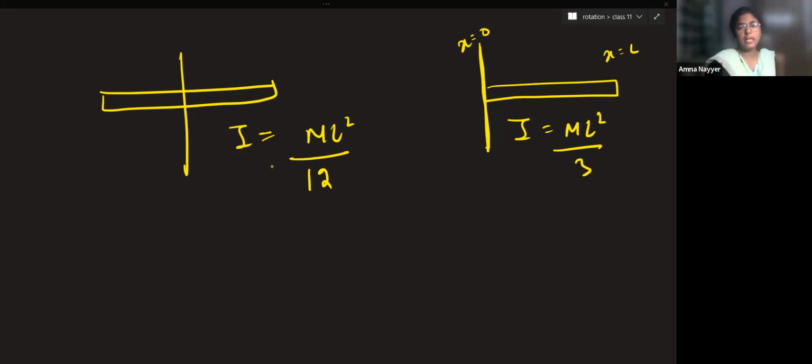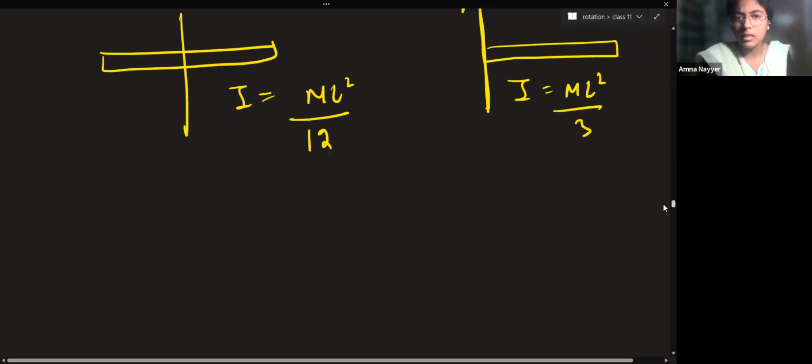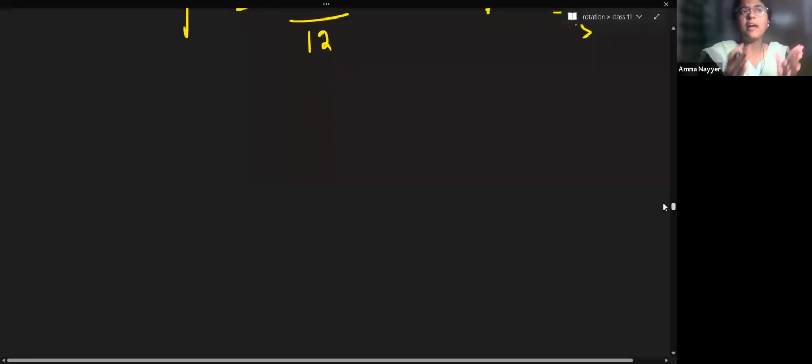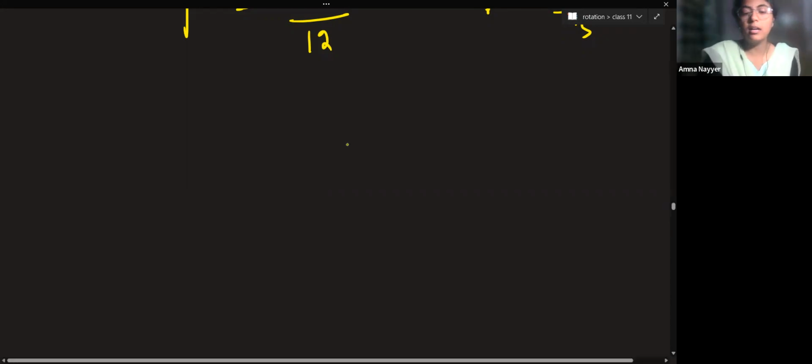See class, a certain dynamics of rotational motion, I'm just listing it, though I have already told you how to convert it. How to convert, in the sense, if you have F, you will write it as tau. That is, force will be written as torque. If you have displacement, you will write it as theta, that is angular displacement. But if it comes in a formula like dynamics,